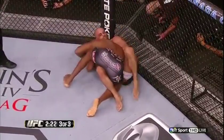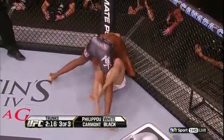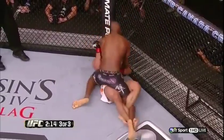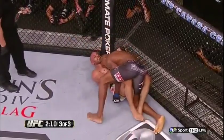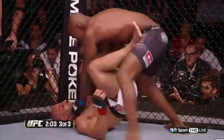I mean, you have to be a real killer to pull this off in half guard. Especially against a big guy like Carmont. Yeah, you got to have one of those Marcelo Garcia type guillotines to pull that off. There's some guys that get a hold of your neck and you're done no matter what position. Even if you have them in half guard, if they get a hold of your neck right. I've seen that. But Costa is much more of a boxer